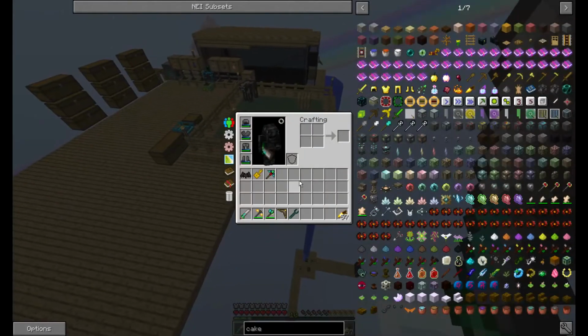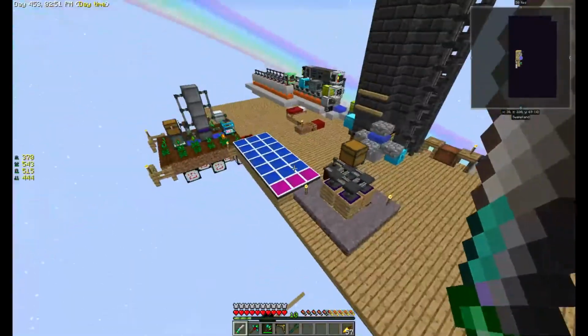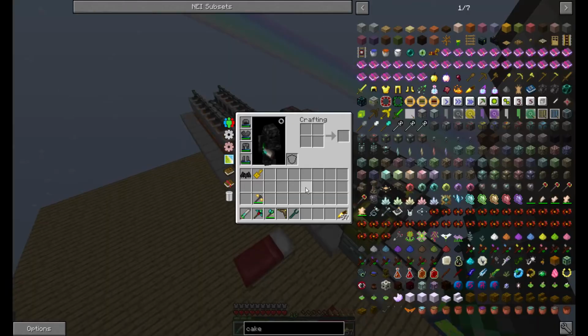I'm going to switch that to a regular pick. I don't know if the end is going to have a terrain in it, like a platform for the dragon, or if it's going to be all void. I'm not sure how this map is set up. But just in case I die,